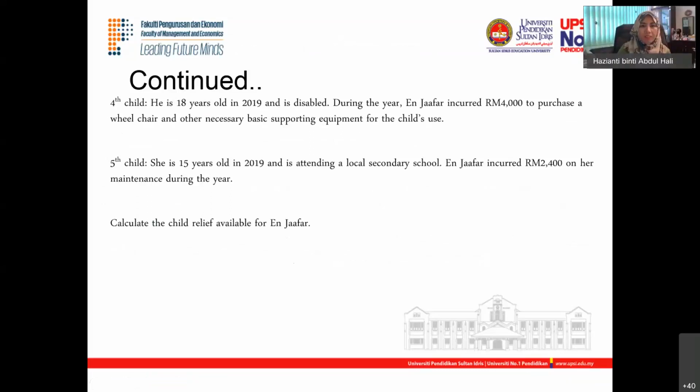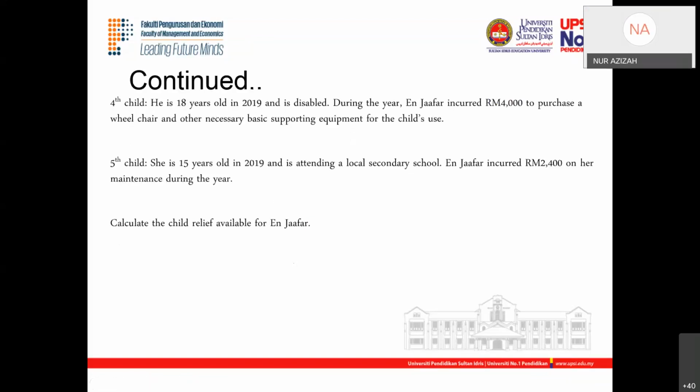6,000. Okay, sebab dia kata disable kan and then dia tak ada bagi tahu anak ni sekolah ke apa because he is already above 18 tapi tak ada bagi tahu dekat universiti so kita hanya boleh bagi dia 6,000 lah. Kalau dia belajar dekat universiti disable so dia akan jadi 14,000, 6 plus 8. What about the last one? 2,000 sebab dia bawah 18 tahun dan masih lagi sekolah.